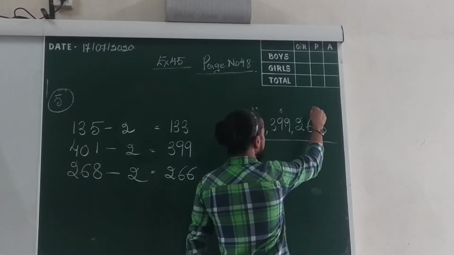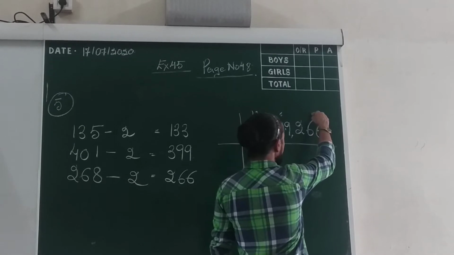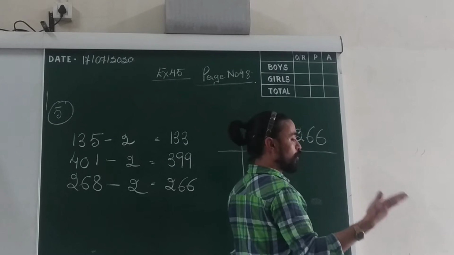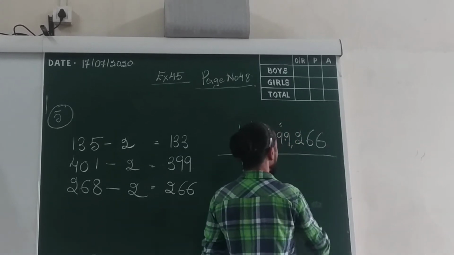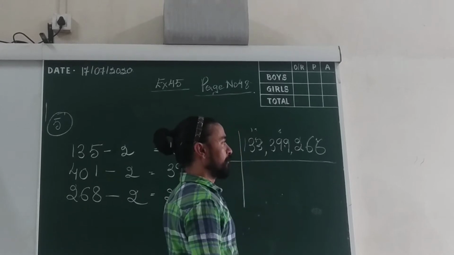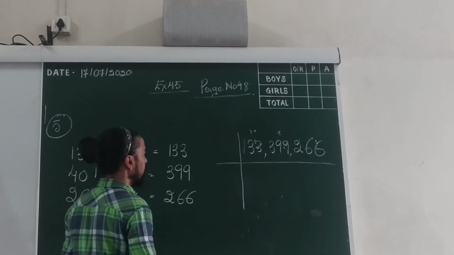Next. 7 3s are 21. 21, 22, 23, 24, 25, 26. 5. 7 8s are 56. So it will go by